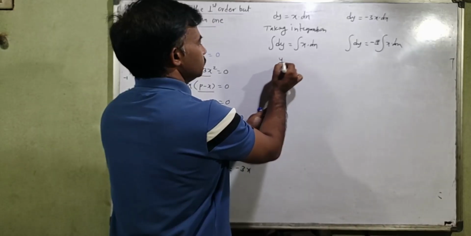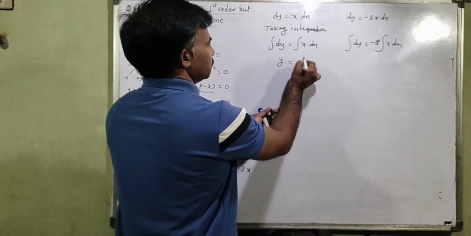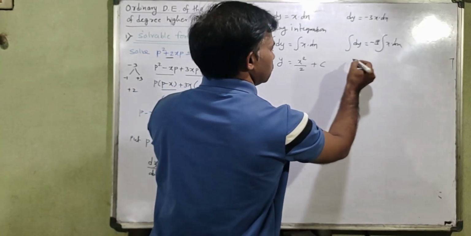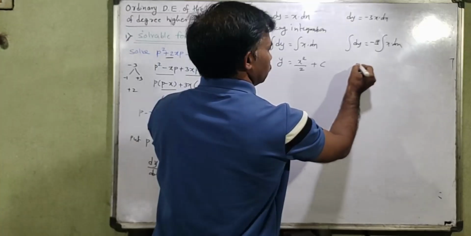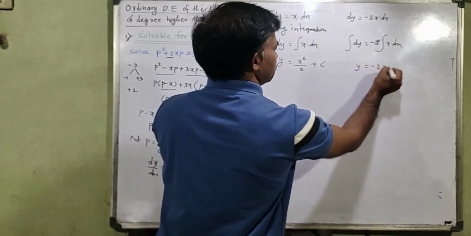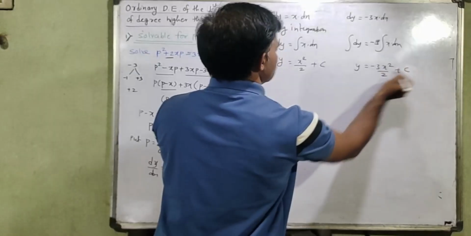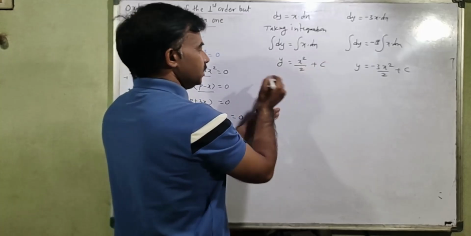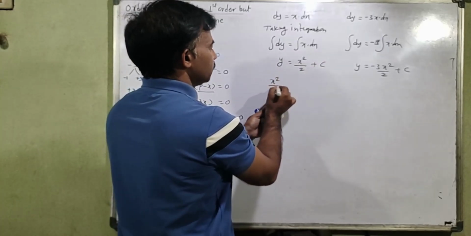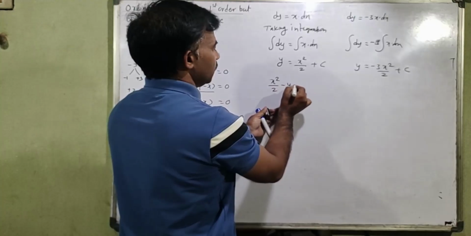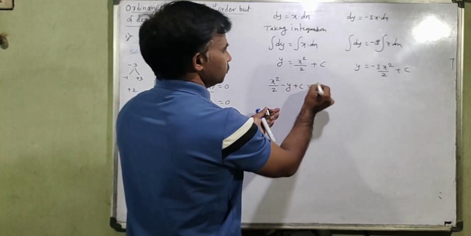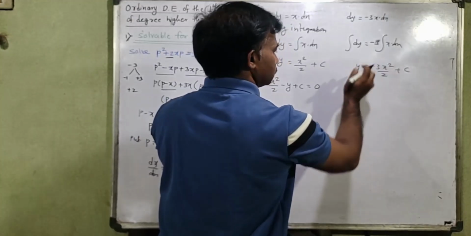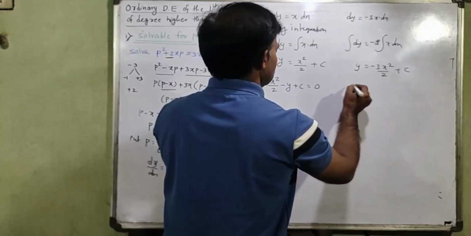Integration of dy is y, and integration of x is x square divided by 2, and plus c is the integration constant. Similarly, we carry out here: y is equal to minus 3x square divided by 2 plus c, and transfer those values or y to the other side. You will get x square divided by 2 minus y plus c is equal to 0, and I'm transferring this value here,